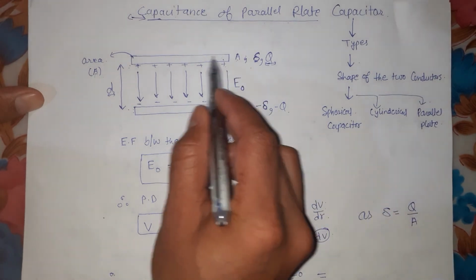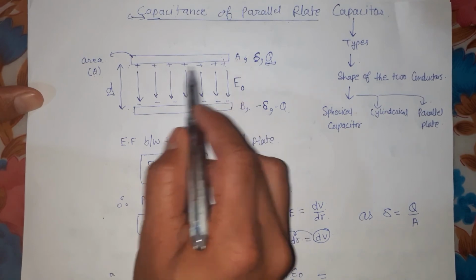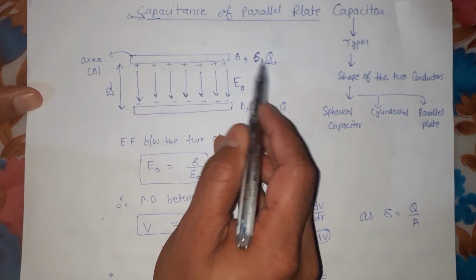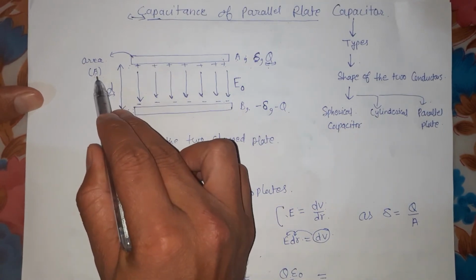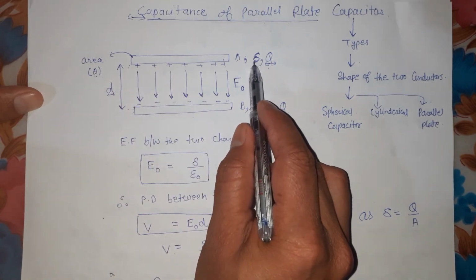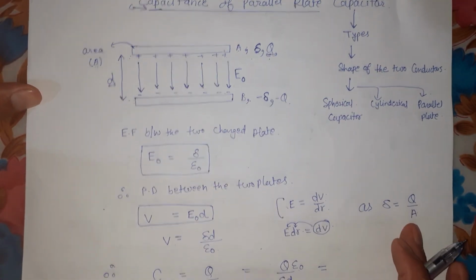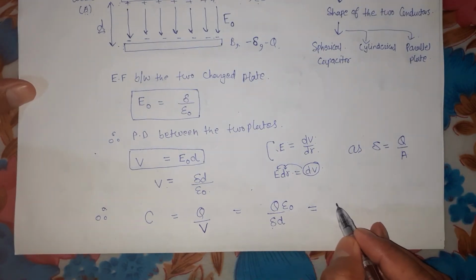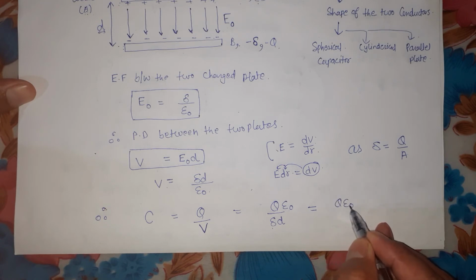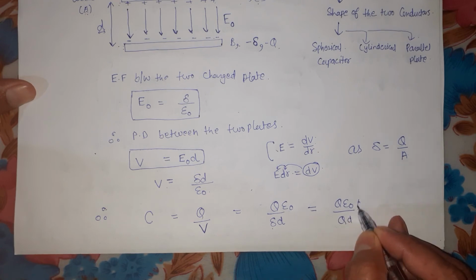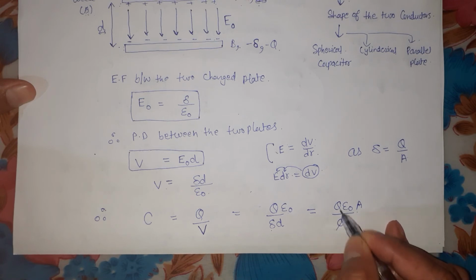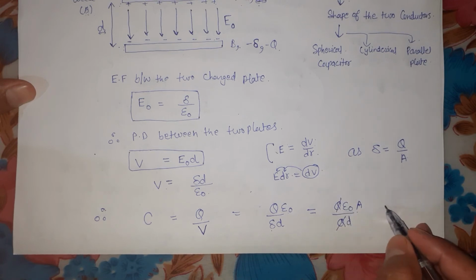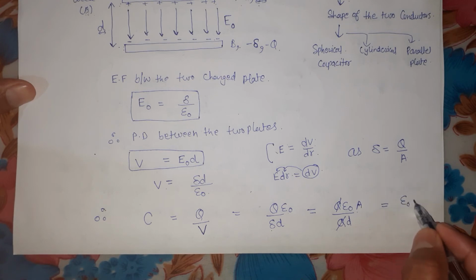The charge on this plate was Q, and the area was A. So the surface charge density is Q by A. I can put the value of sigma over here. Yes, therefore it will be Q epsilon naught upon... that sigma value will come over here. So Q is going to cancel, and I get epsilon naught A